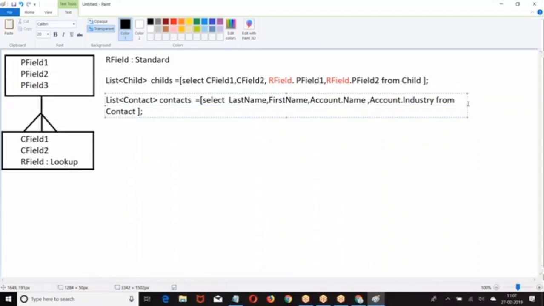This is what I am going to define: account dot name, account dot industry from contact.